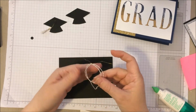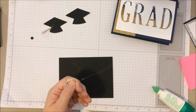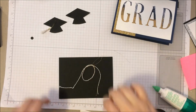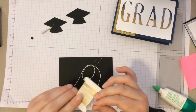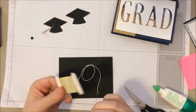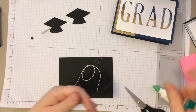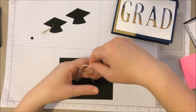Alright, we got that. Now we're going to take another piece, and yeah, this is really just too long. Cut that down a little. Okay, so we're going to take another piece of our thinner twine. Find the edge. There's the edge. Okay. Slightly longer piece, and we're going to take it, we're going to pull up